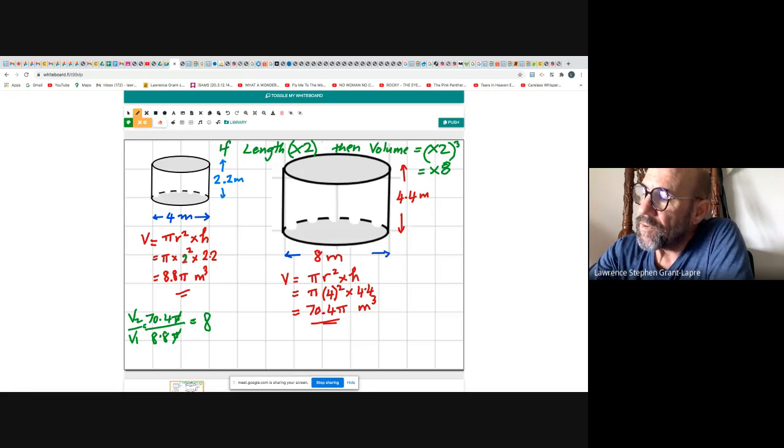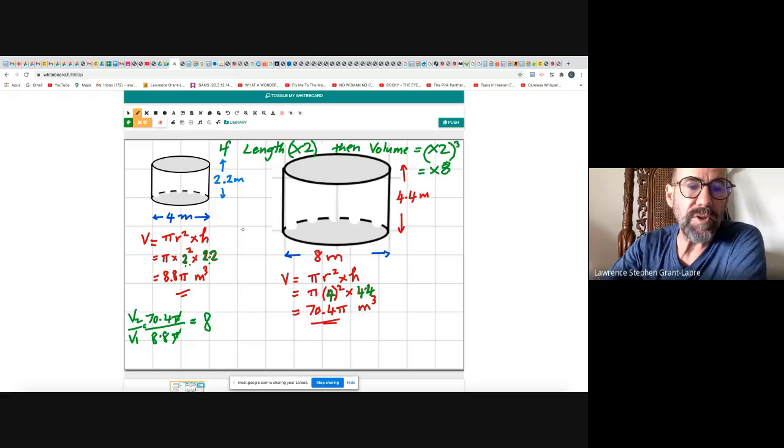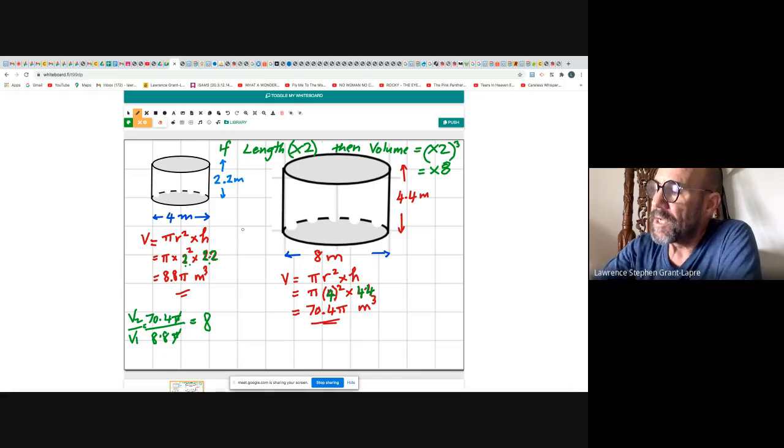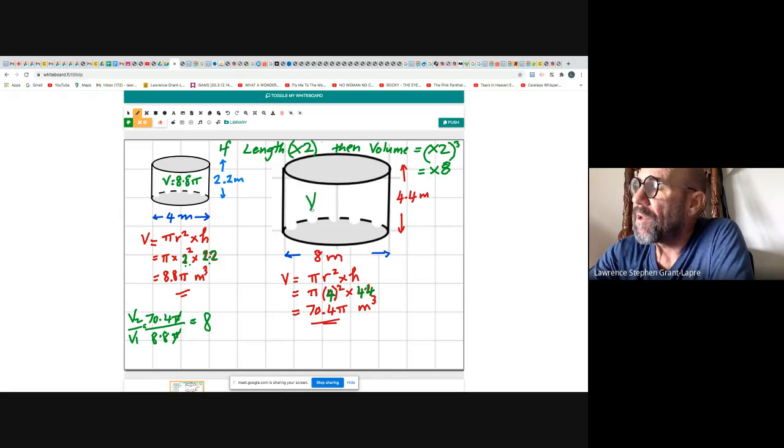Notice this number 2 has doubled to 4. This number 2, because it's squared, has doubled, and the height has doubled. So really what we've done is we've multiplied that by 2 again, and that by 2. So when you multiply this by 2, by 2, by 2, it gets bigger by a factor of 8. So whenever you have volume, if the volume is 8.8 pi cubic meters, then the volume over here doesn't simply double, it double cubes. So that will be 8 times bigger,